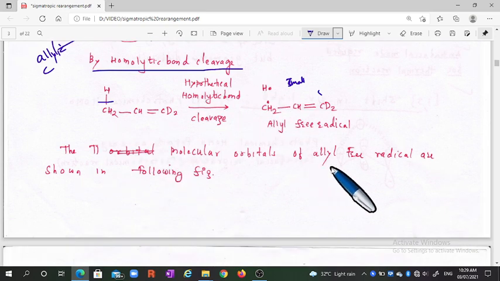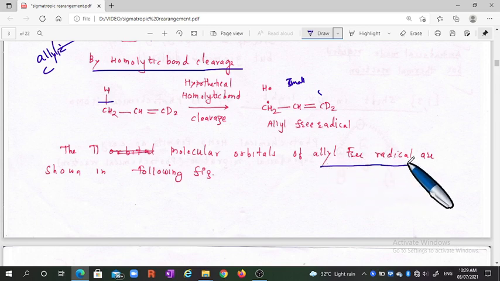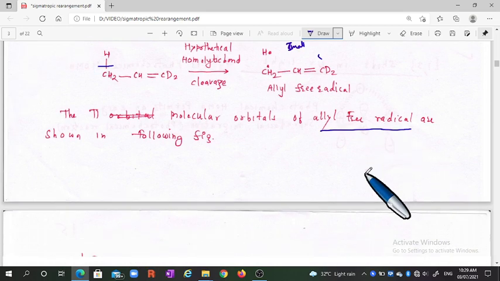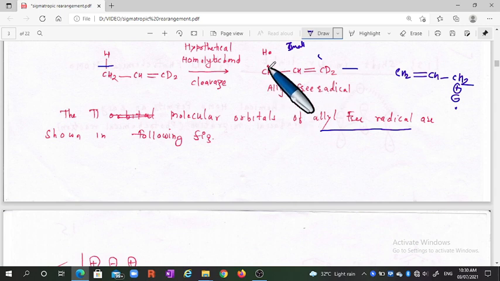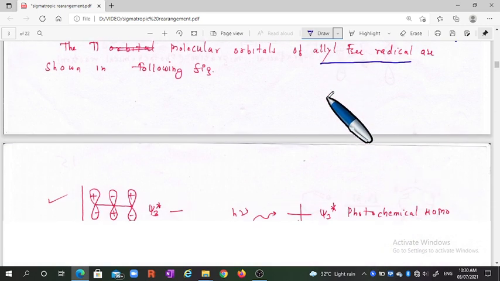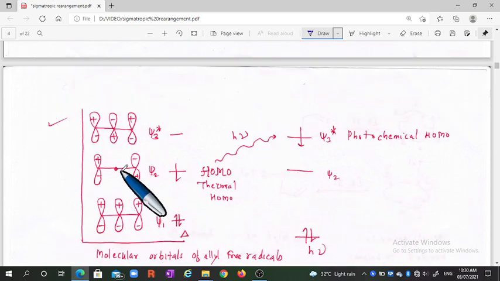Okay, allyl radical. Pi allyl free radical. For explaining this we have to consider the allyl free radical. This is an allylic system. We have already discussed that that system is considered as the allylic system, whether it's a cation, an anion or a radical. This is an allyl radical system because a radical is there. At this CH2 there is a radical, therefore it is an allyl radical system. Therefore we have derived this allyl radical system.